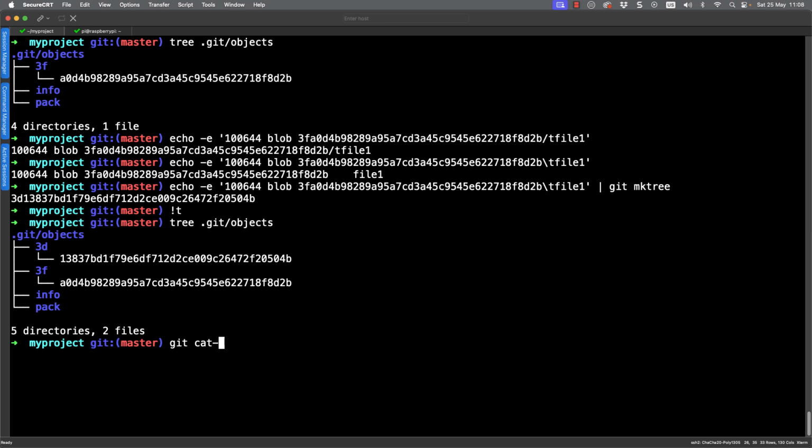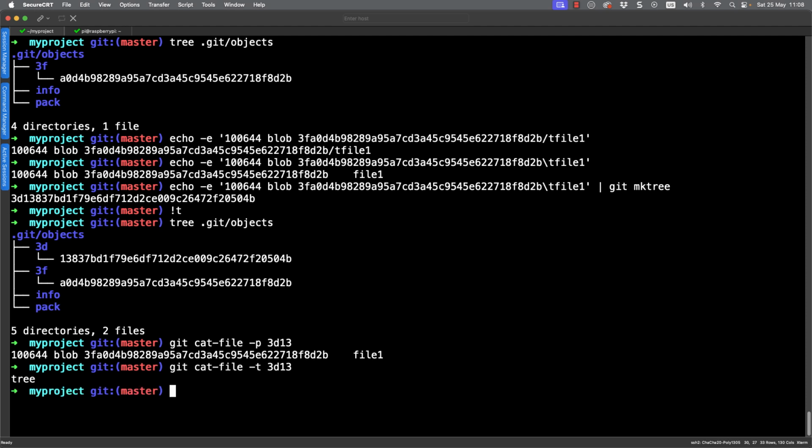When I go through and take a look at git cat-file and print out the new object, so 3D, and then 13 is all I need to do, we can see it's the data that I sent through. This is then the directory entry table that we have created.